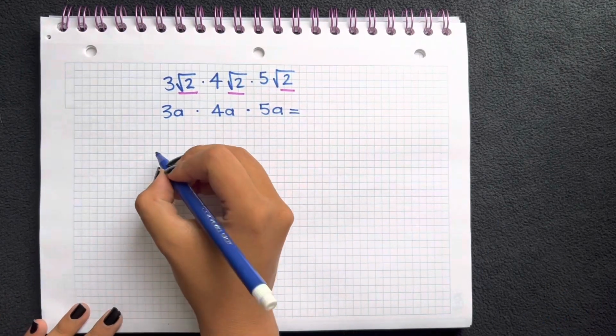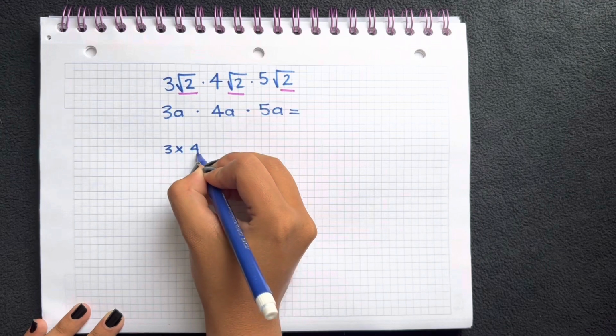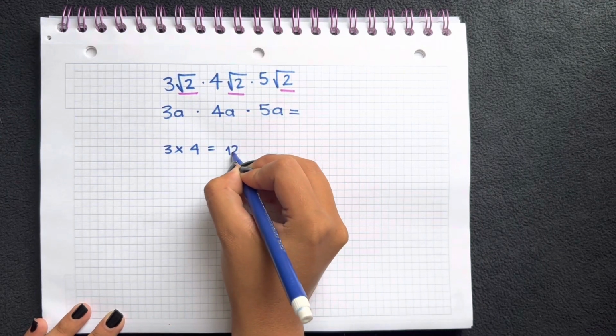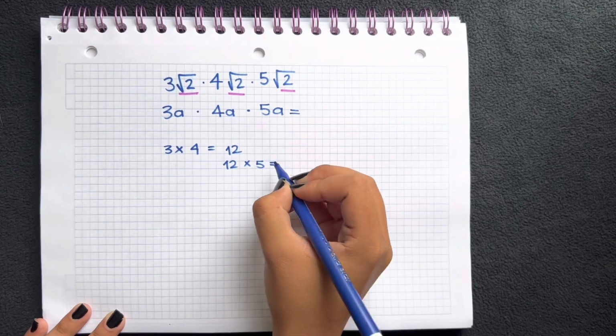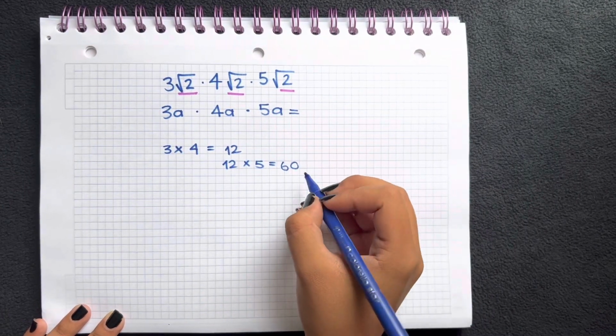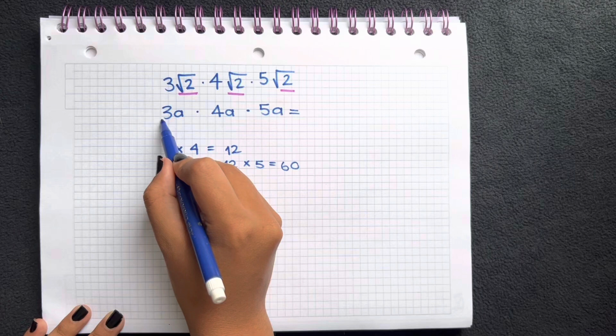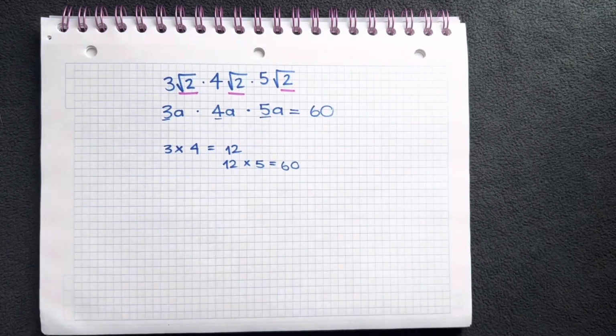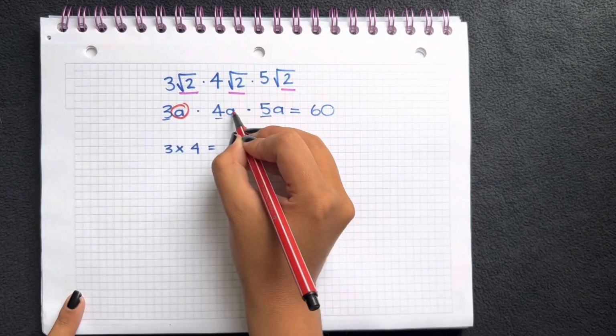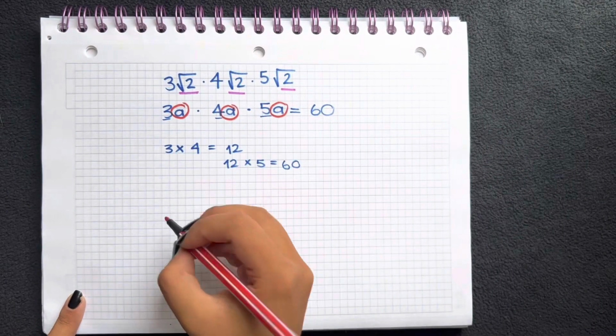We know that 3 times 4 is equal to 12, and 12 times 5 is equal to 60. So that is our result for this times this times this. So we write it here. Now the next thing we need to realize is that we have 1, 2, 3 eighths, which is